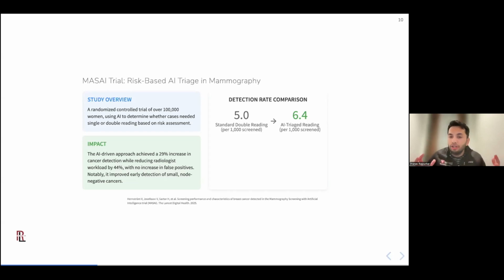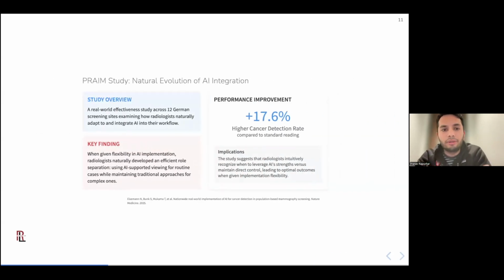The reason I call this a different model for collaboration is that this is not a setup in which AI is shadowing every single physician and providing its opinion to the physician to handle. This is a setup in which the AI is deciding, does a case need a single reader or a double reader? There's another recent study, also in mammography AI, that provides us more evidence for rethinking this approach.